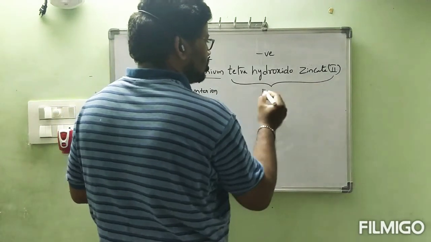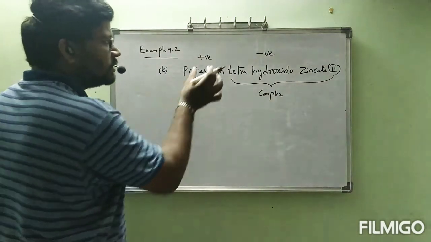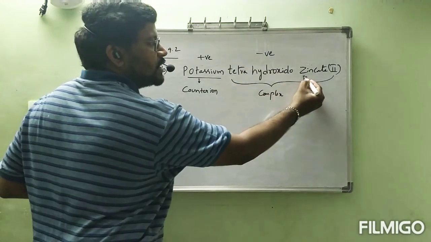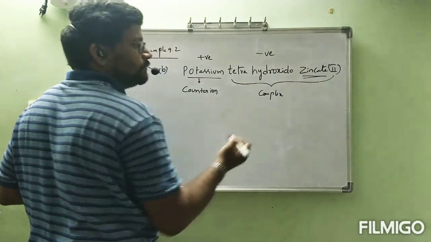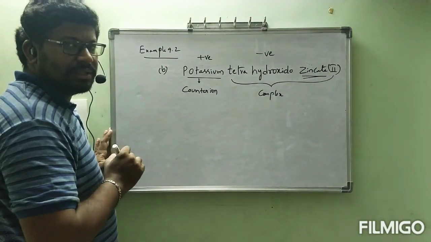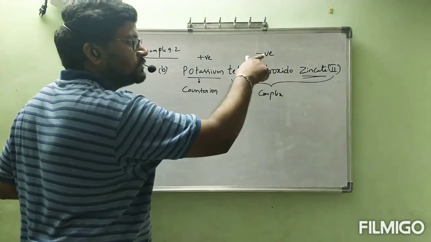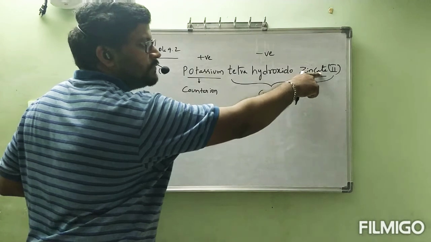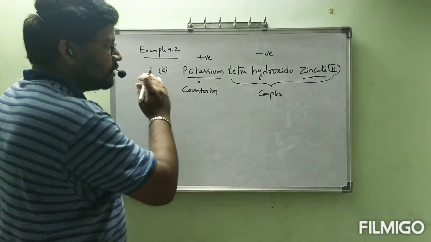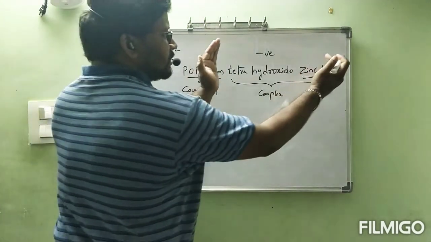Now, potassium is the counter ion. This is the complex. That is the splitting: this is the positive part, this is the negative part. Sir, how can we say this is negative? See, what is the central metal present? It got the name zincate. It is zinc. If zinc is present in a negative complex, it will end with -ate. Like that we have seen the rule. Correct or not? So, how to write the name of this compound? First we will practice that. Let us see the complex first.